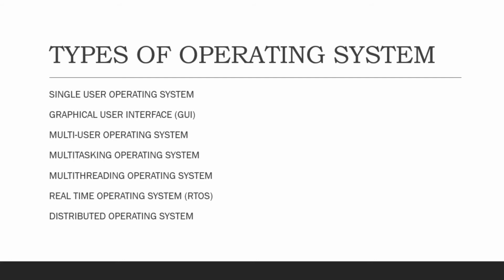Multi-user operating system allows more than one user to use the same computer at the same time. Some of the operating systems that fall in this category are Linux, Unix, and Microsoft Windows. Windows 2000 was the first version of Windows which allowed us to create several user accounts on a single machine, which you know how to create. Most of the time I've seen in our school practical, when you come for practical, you are creating your own accounts. That is good, but don't put a password into it. Otherwise, you will not be able to enter inside.